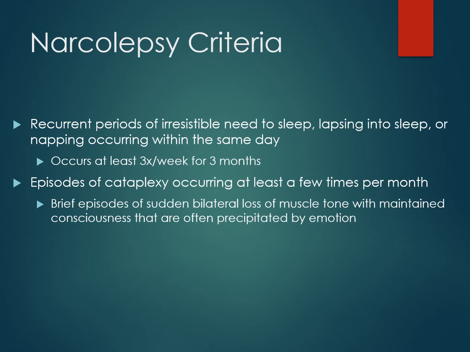Narcolepsy is a really interesting disorder. In this disorder, people periodically throughout the day feel the irresistible urge to fall asleep, and many of the times they will actually just pass out, regardless of what they've been doing. This needs to occur again at least 3 times per week for 3 months. Alongside this, they experience cataplexy, which means that they experience a sudden loss of muscle tone. This could be minor in that the person feels weakness in their facial or arm muscles, or it could be more severe in that the person's body just collapses.